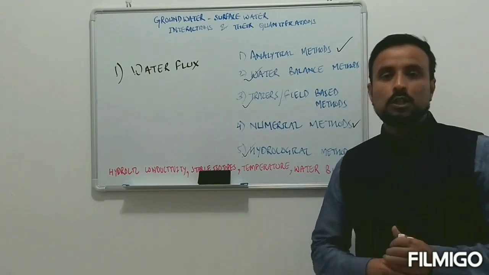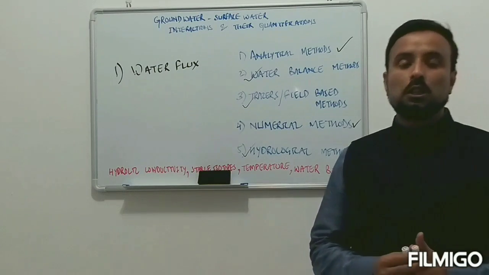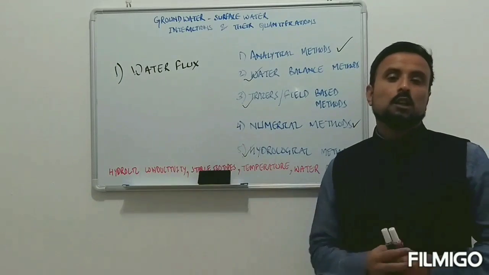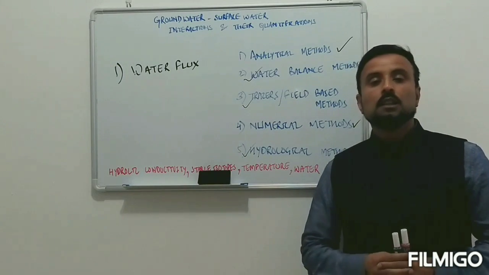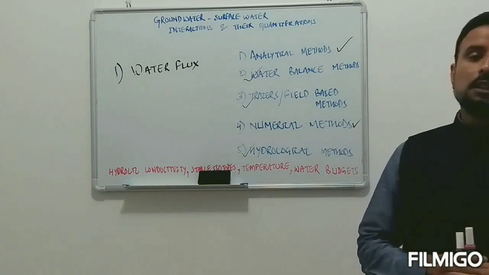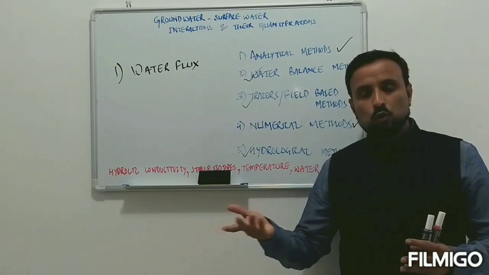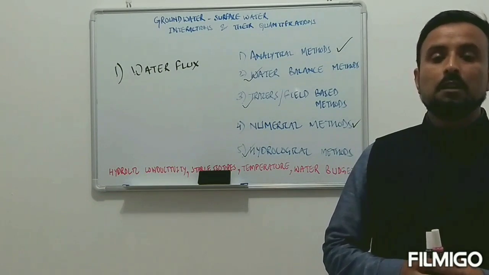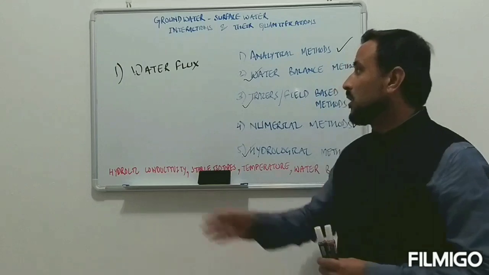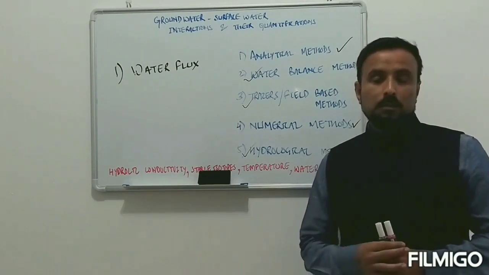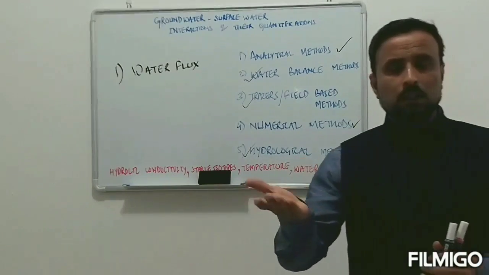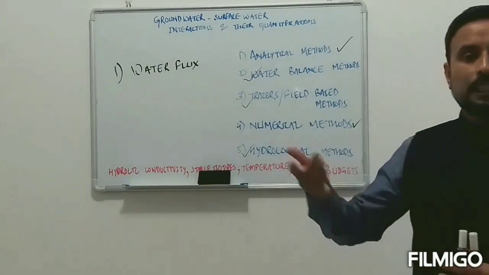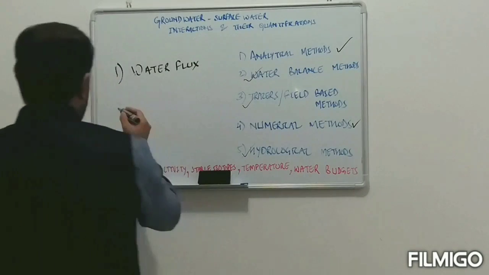Now the next question is how do we do this kind of quantification of groundwater surface water interaction? Because water is a big body, it flows over a long range. How can we quantify the interaction between groundwater and surface water? To quantify these interactions, there are different properties which can be explored. One of them is water flux. Water flux means, say, hydraulic conductivity between 2 layers, the groundwater layer and the surface water layer. That can be utilized. Then the second approach which can be utilized is